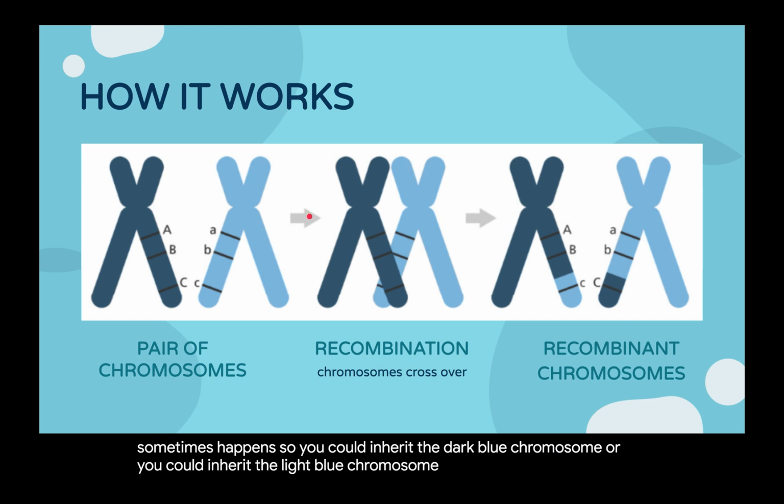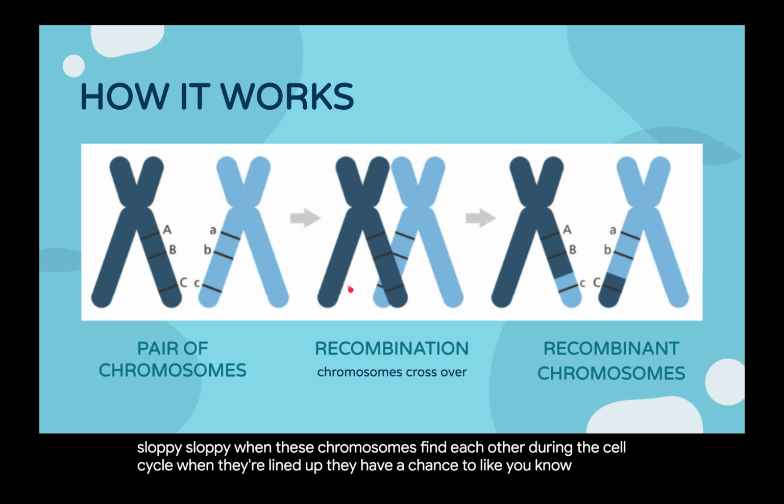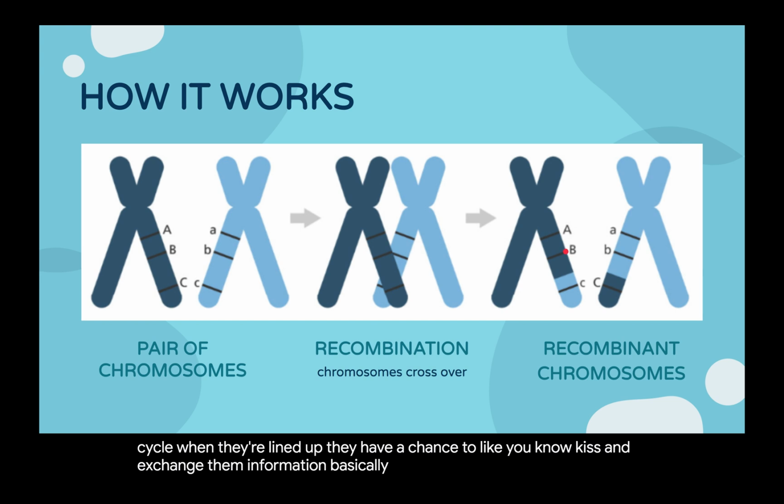you could inherit the dark blue chromosome, or you could inherit the light blue chromosome. But you could have a little swappy when these chromosomes find each other during the cell cycle. When they're lined up, they have a chance to kiss and exchange some information, basically. And then we have a chromosome that has the big A, big B, but the little c, which was not a chromosome that either of the